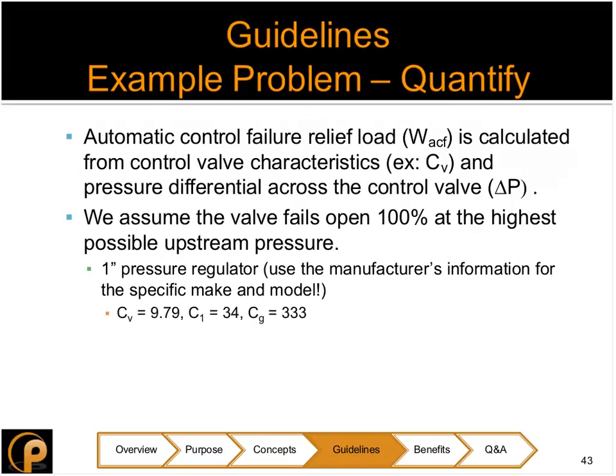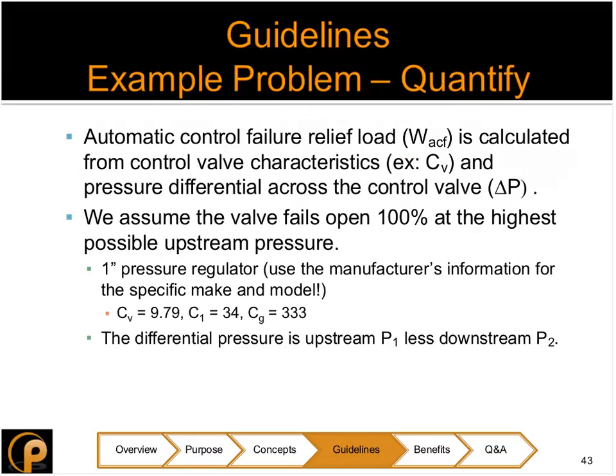For this valve, we found that its CV was 9.79, its C1 is 34, and its CG is 333. The differential pressure is the upstream pressure minus the downstream pressure. Our upstream supply pressure, we know the maximum is 120, and the downstream pressure is equal to our relief pressure. In this case, for a 50 psig MAWP vessel, it's 50 times 1.1, which is our allowable overpressure, and if we take the difference, we get